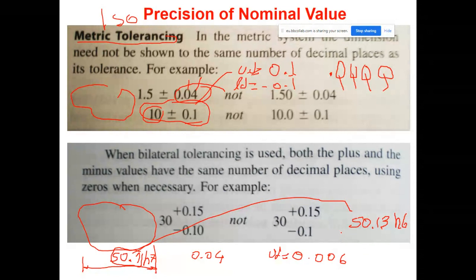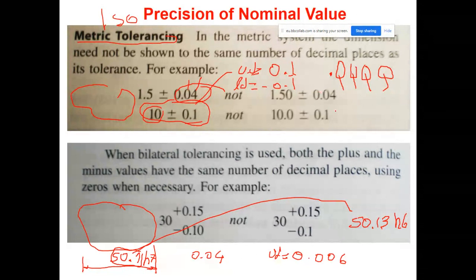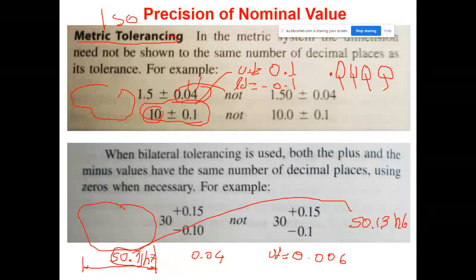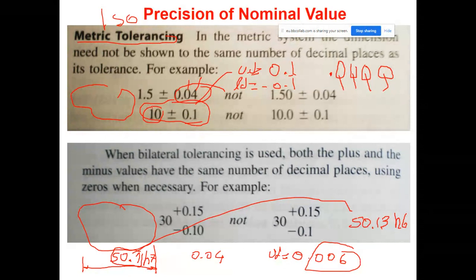Okay, I hope it is clear. Integer or decimal, the nominal value is to be shown as integer or as a decimal number. The answer comes from the value of deviation. If deviation starts from tenths, show the nominal value as integer. If deviation starts from hundredths, show the nominal value as a decimal number with one figure. If the deviation starts from thousandths, then show the nominal value with two figures at its decimal part. This is the ISO rule.